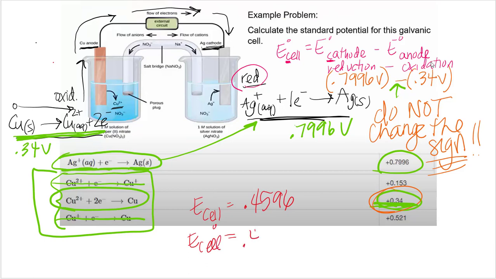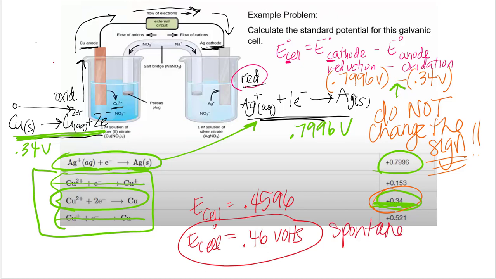And I'm going to go to 0.46 volts. Also noteworthy that this is a spontaneous reaction in the forward direction. And we know this because we have a positive voltage. The battery is generating a current with positive voltage. Therefore, I know just from a few chapters ago that Gibbs's free energy would be negative because it's a spontaneous